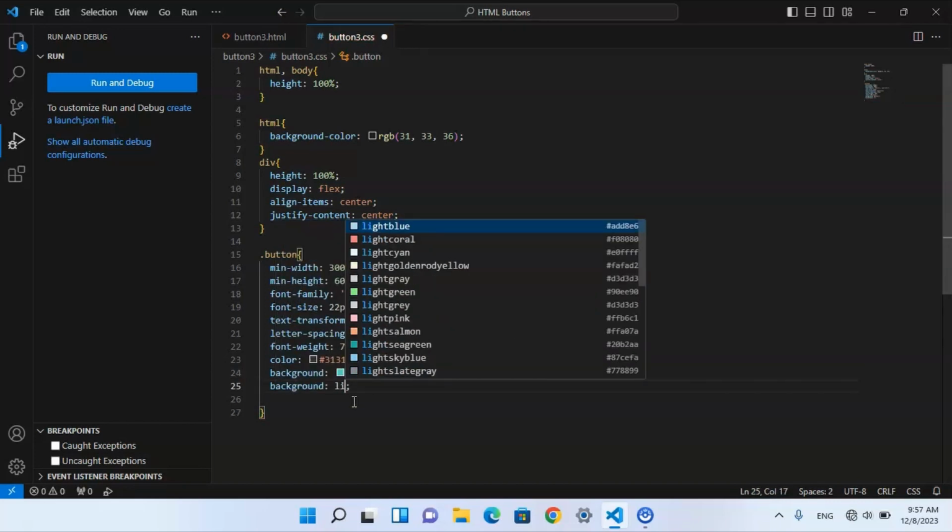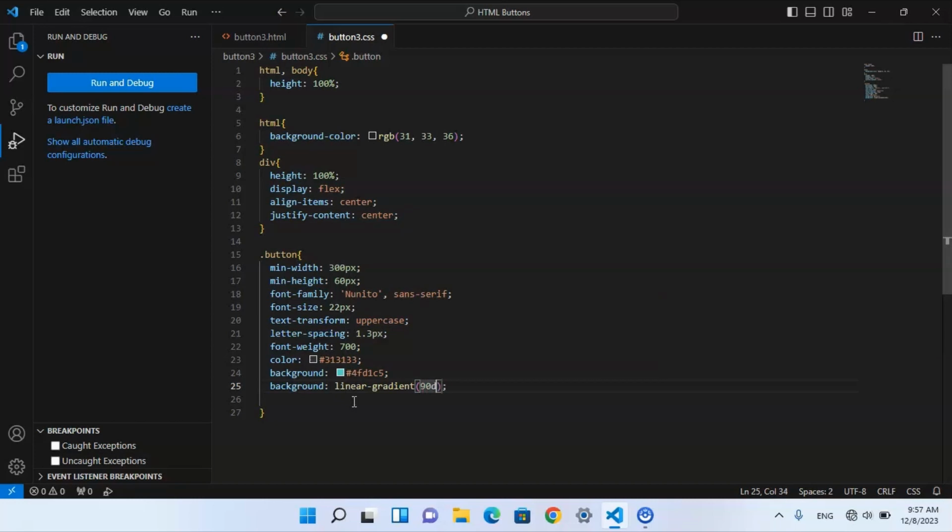#4FD1C5, background gradient 90 degree RGBA 1, alpha 1 and 0% and alpha 100%. Now select a border none,